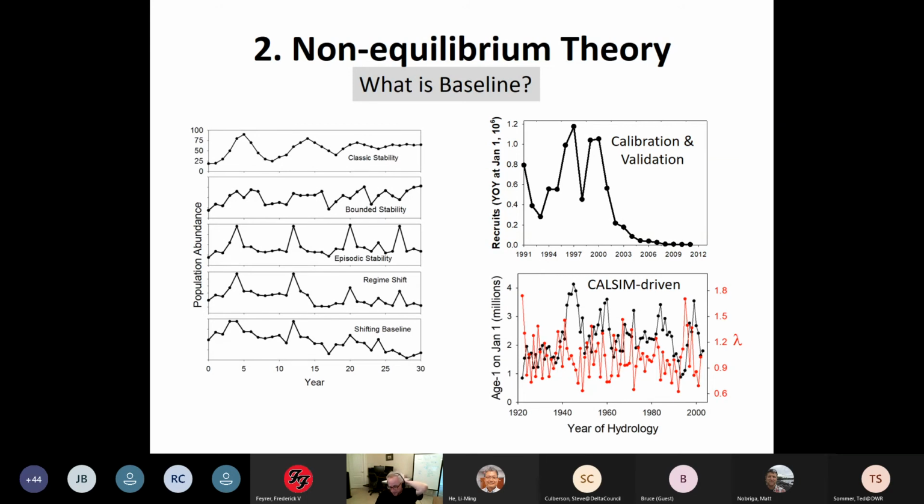Right now we have two baselines, and I haven't rectified them yet myself. One is 1991 to 2012, which we're using for calibrating in the first half, and then trying to predict the decline in the second half. By the way, that's not data; that is the model. So don't get too excited that it agrees, this is all model output. But we also have the calcium-driven case, where it's the present-day configuration of the Delta and its food, but the hydrology goes all the way back to 1920. So it's an interesting way to think of baseline.